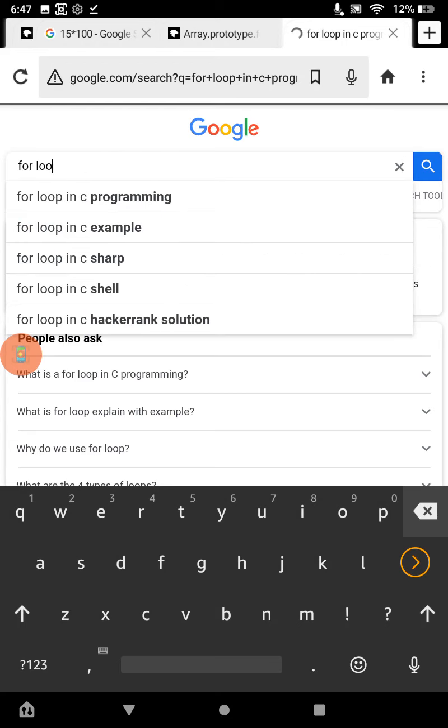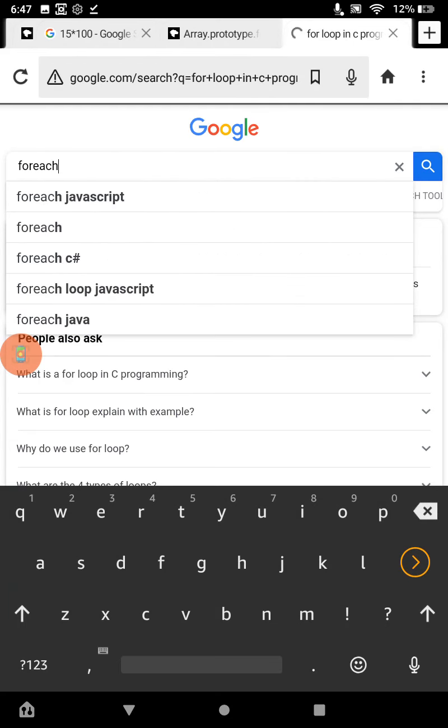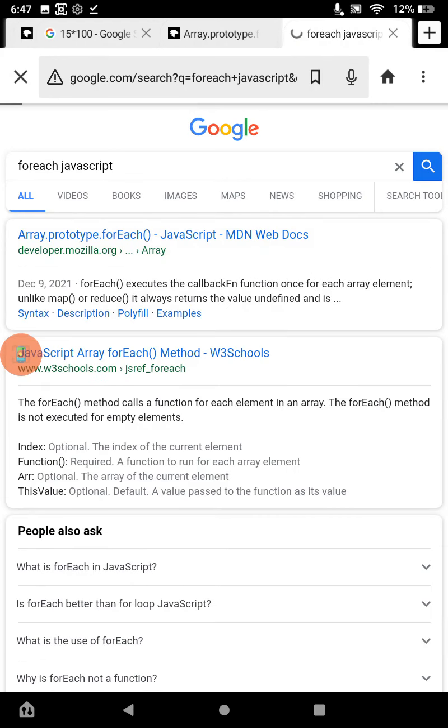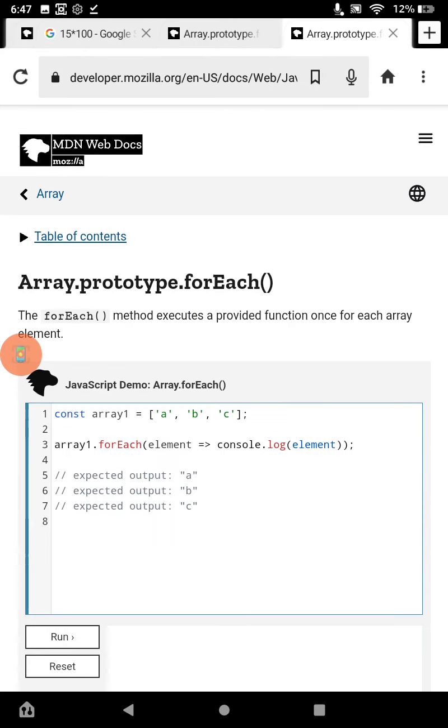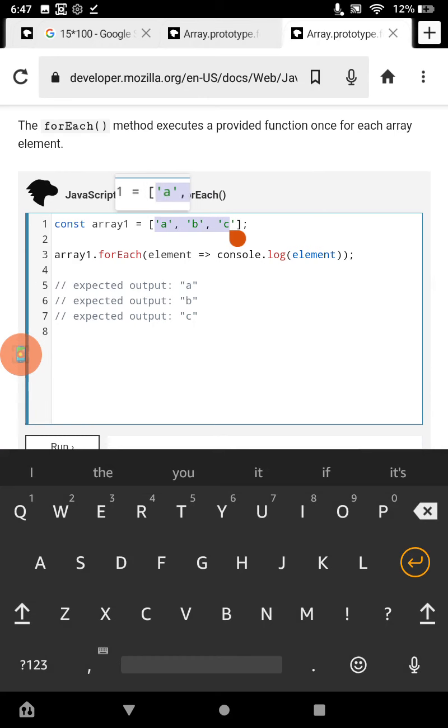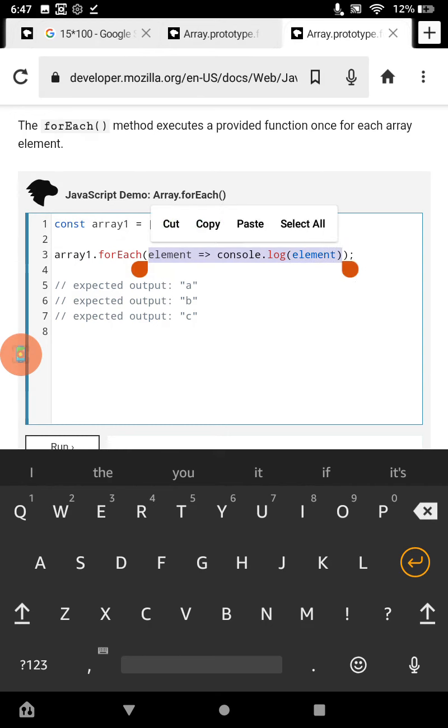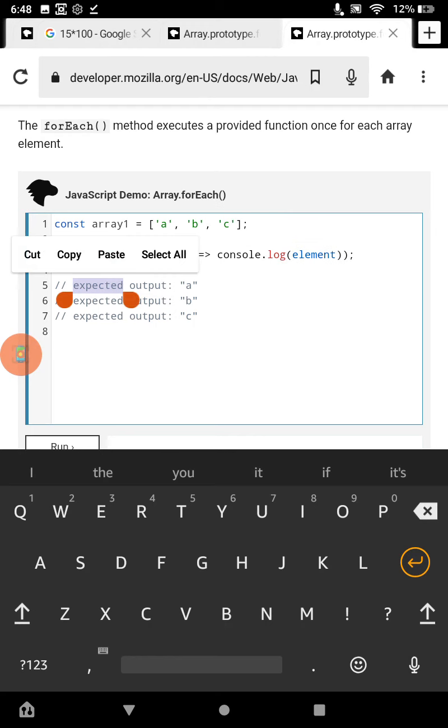Then there's the forEach method in JavaScript, where it skips that whole step, it automatically determines the dot length. For instance, there's 3 here, and it just iterates. It says, okay, C is the last item in the array, there's a total of 3 of them, and so then it prints using the console.log element in this example letters A, B, and C. So you see that's 1, 2, and 3,